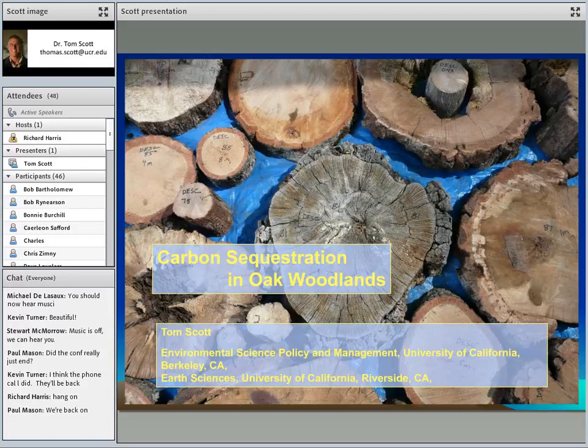We got to tell you that the models that exist for conifers that we talked about last week don't exist for oaks. The Forest Vegetation Simulator, COLE, the Carbon Online Estimator, none of that stuff works with oaks. Okay? There's very limited data available for how oaks grow or how they respond to treatment. Some of the work that Tom will talk about today was done by Rick Standiford and his colleagues at Berkeley, by Mike De Lasaux, and by Pillsbury down at San Luis Obispo. So there isn't a heck of a lot of information out there.